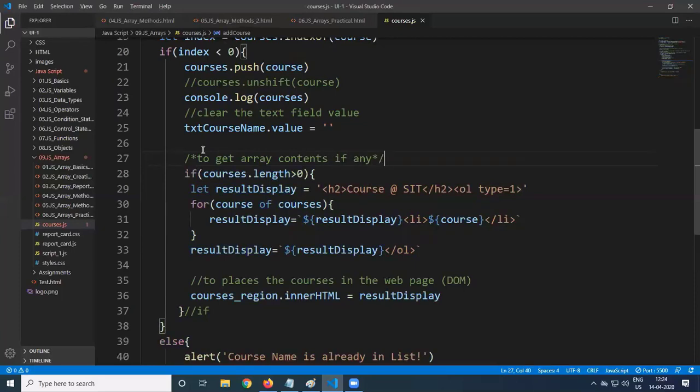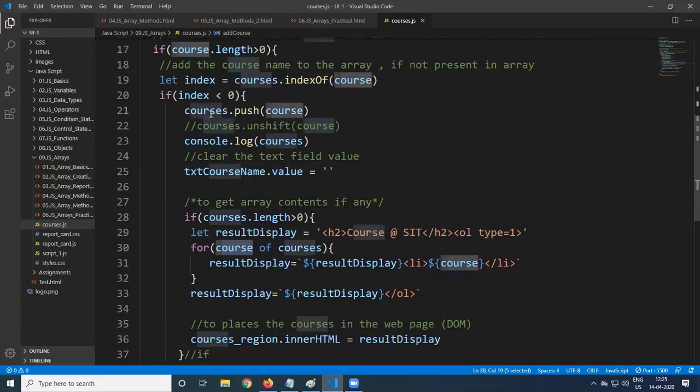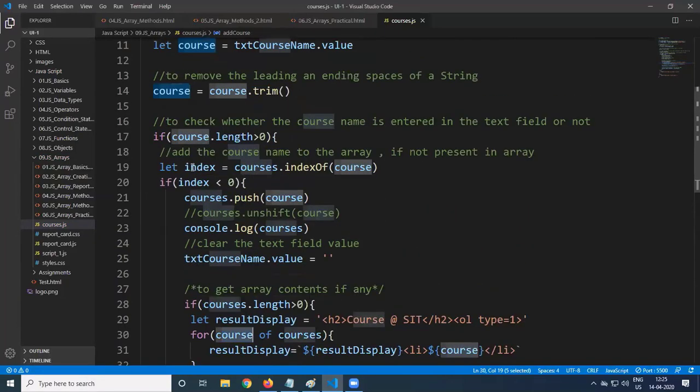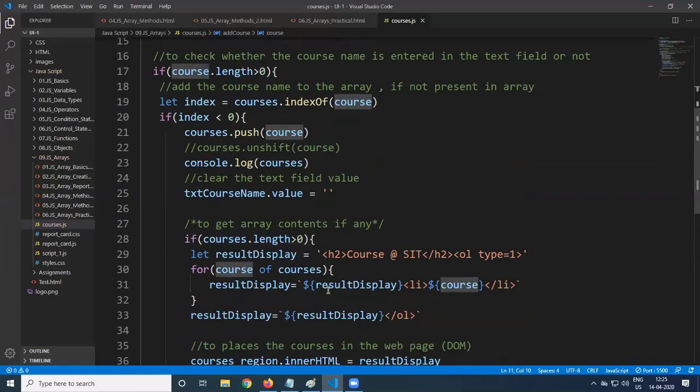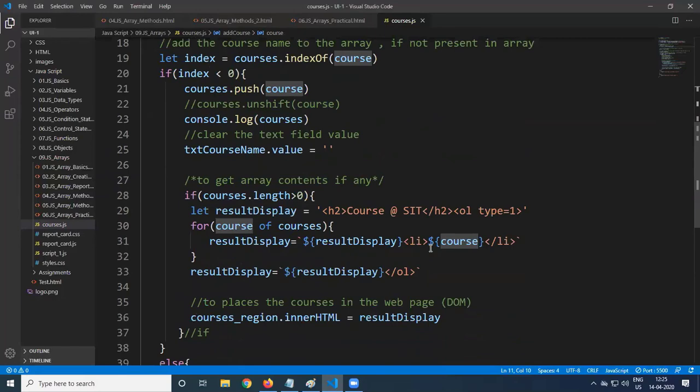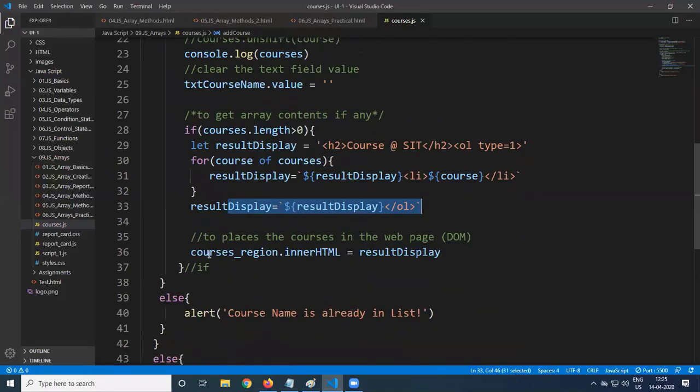For of loop, codes is already declared above. That's the reason why I'm not declaring it once again. Getting the value, list item. So ordered list, and finally ordered list is closed and the result is being given in the codes_region on the page.